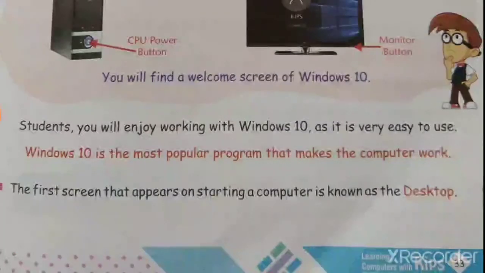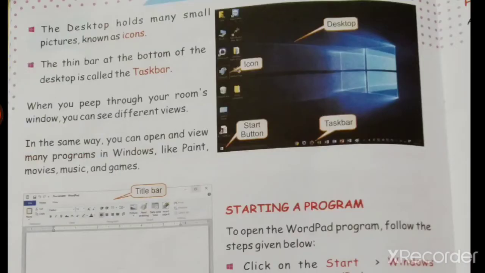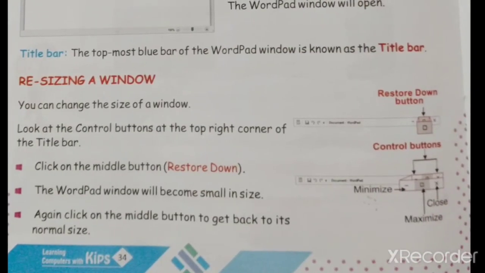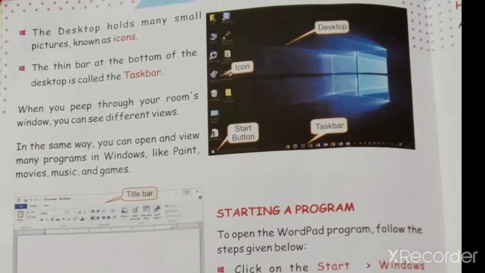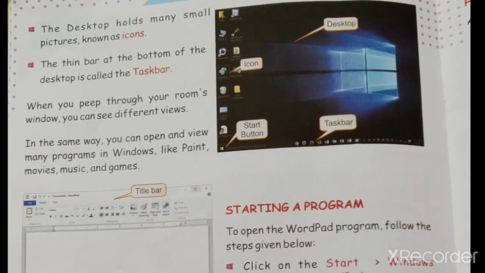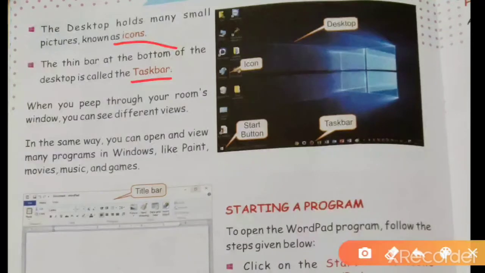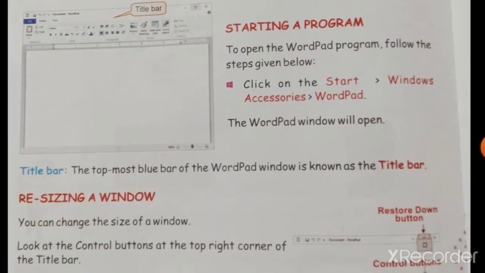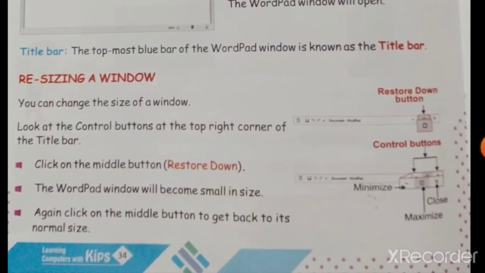Let me show you. Now, this is your page number 34, right? On this page, we will learn what are icons, what is taskbar. We will learn these things today. Then we will learn starting a program, how you can start, how you can resize. These things we will learn on page number 34.